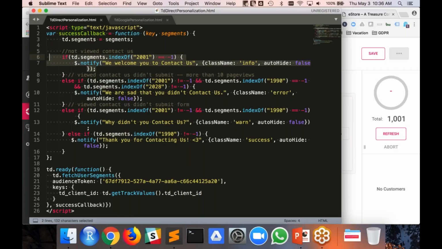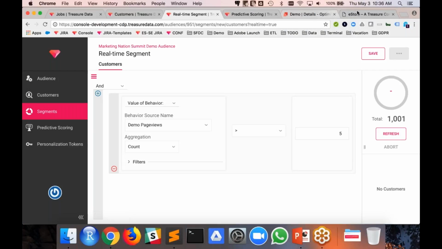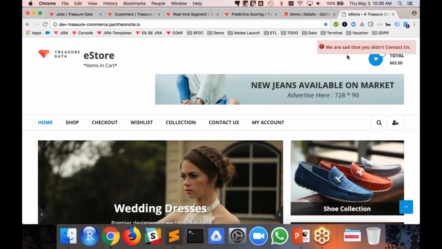And then let's say that maybe you're in this segment, which means you've come back and you're actually in multiple segments. And so what you did is you looked at contact us, but didn't submit, and you've had more than 10 page views. So this is a complex use case, right? This is someone who's been to the website, viewed the contact us page, and has had many page views. They haven't submitted the contact information. So as an enterprise, that's somebody that you would potentially want to reach out to. And if you see that, it's right here.